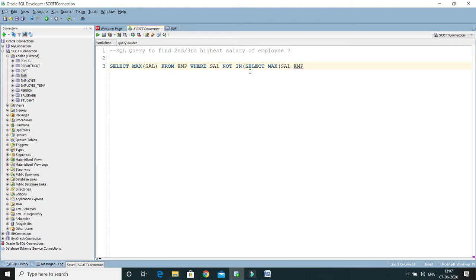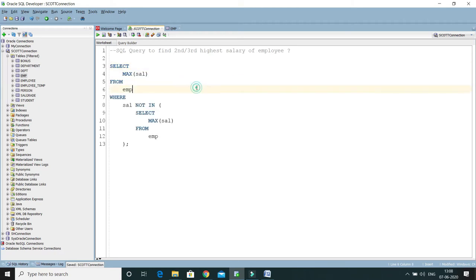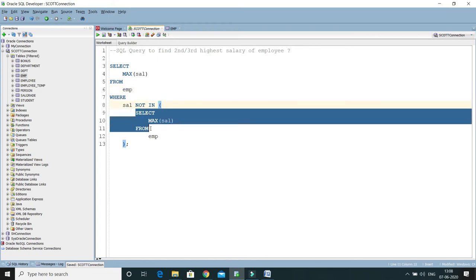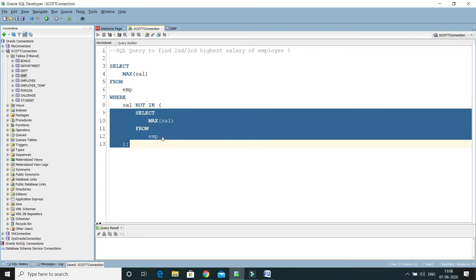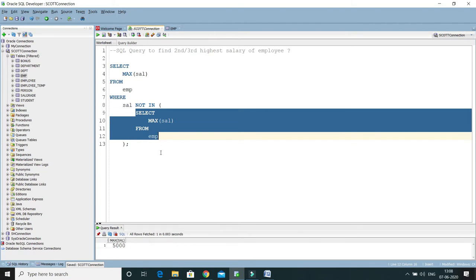This is the first query I have written, a nested subquery. Sorry, select max from EMP, right? This query is really easy to understand. Let me format this query. So what basically I'm doing here, if you look at the nested query, it will give you the max salary from the employee, which is 5,000, right?